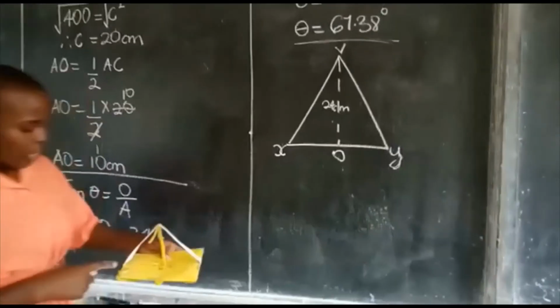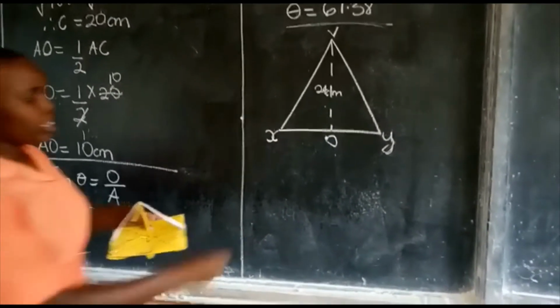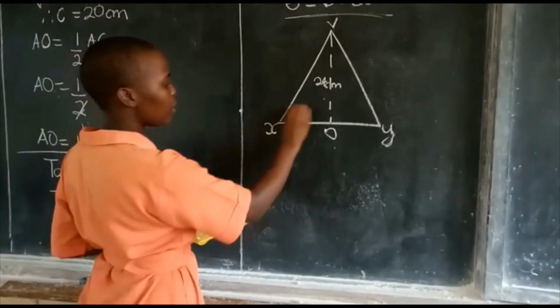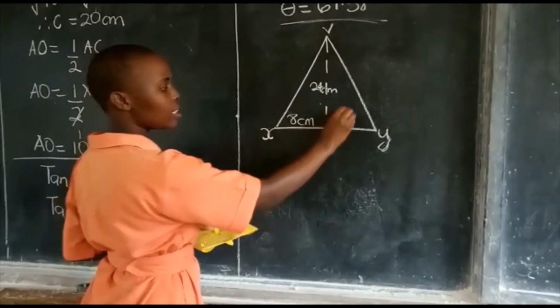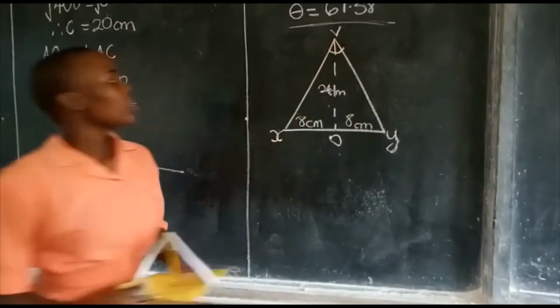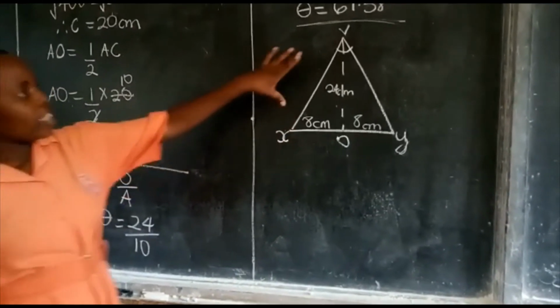So we shall discover that this line XY is the same as this line AB, which is 16 centimeters. So XO will be half of 16, which will be 8 centimeters, and this side will be 8 centimeters. And our angle is going to be there. Since this is an isosceles triangle, to find this side